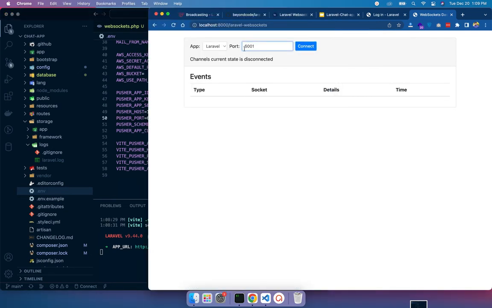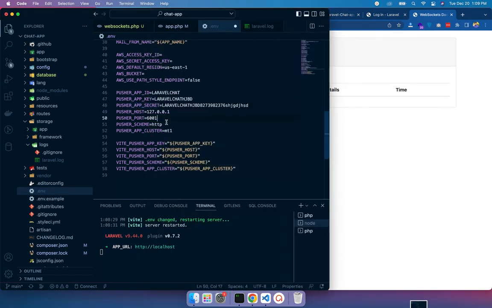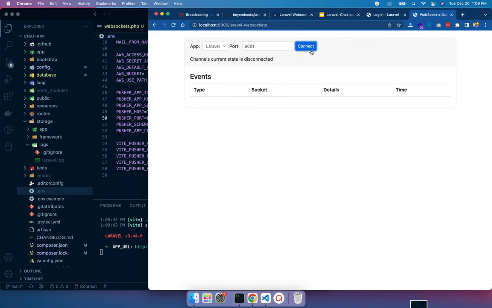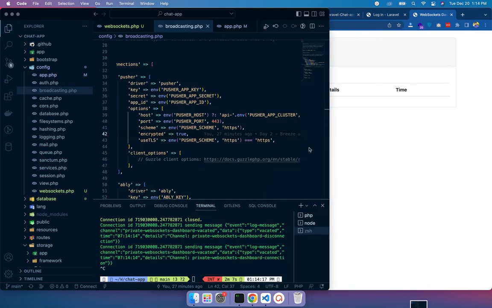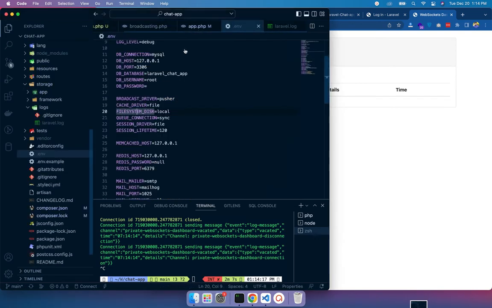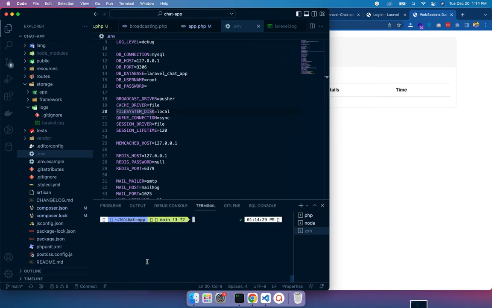Port 6001 is the standard port for WebSocket servers, so we're giving this, then just connect and reload. So after setting up this configuration in the env file, just start our server with php artisan websockets:serve.